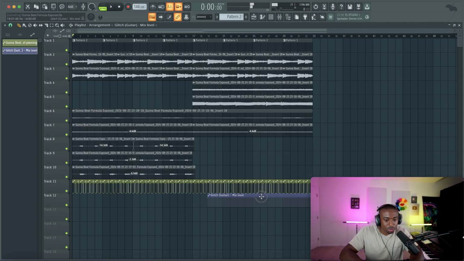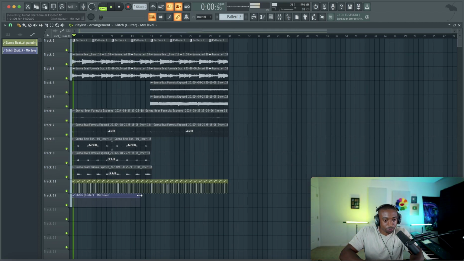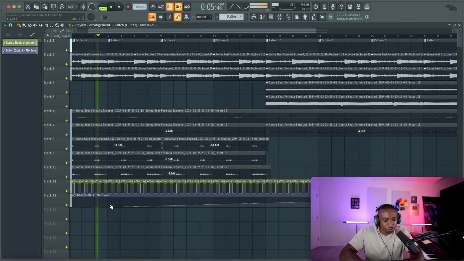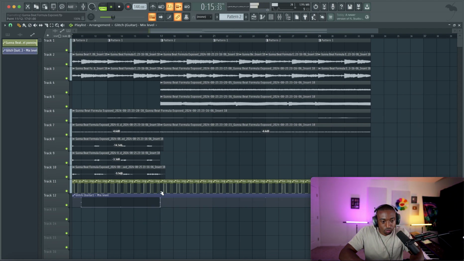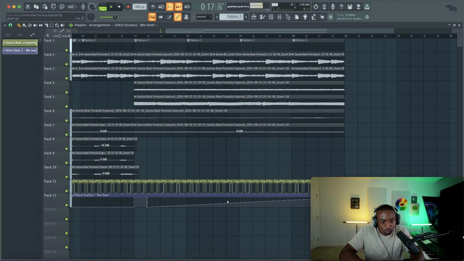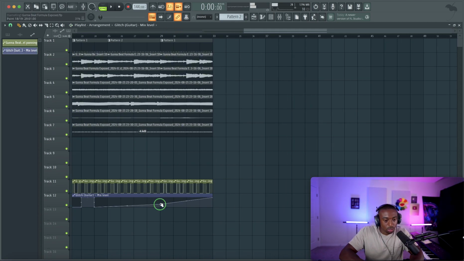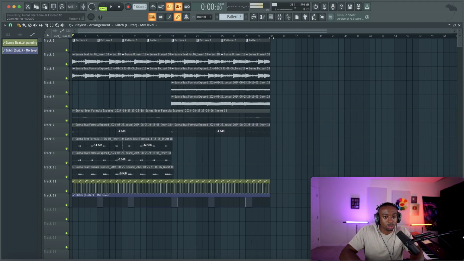Going to automate this glitch plugin randomly throughout the track, just on and off. So 100% is on, 0% is off. Now, technically, I should use that for the sections where I wasn't performing the greatest, but we're just adding it randomly so that the ear doesn't get latched onto it too much.